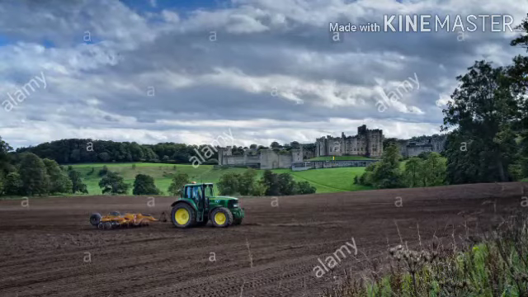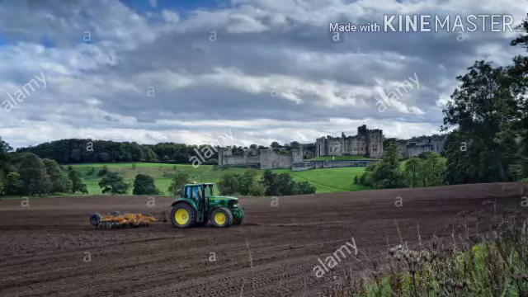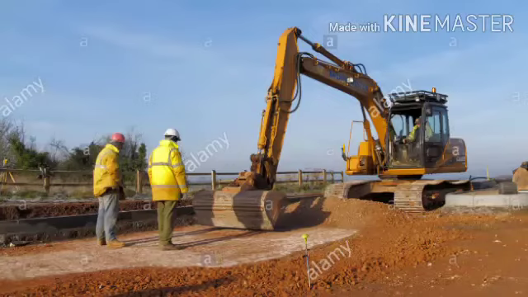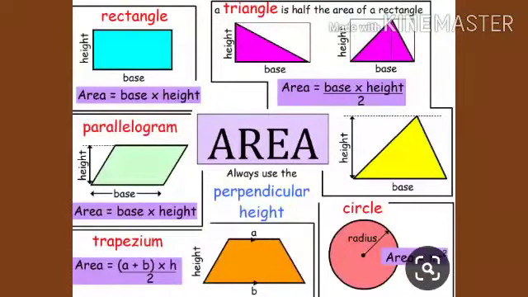If you plan to cultivate a particular crop for an expected yield, then you must first of all measure the area of the cultivational field before sowing the seeds for cultivation. So area has to be measured in this case by using the following formulas with respect to the shape of the land. The area of a square is side into side, square units.